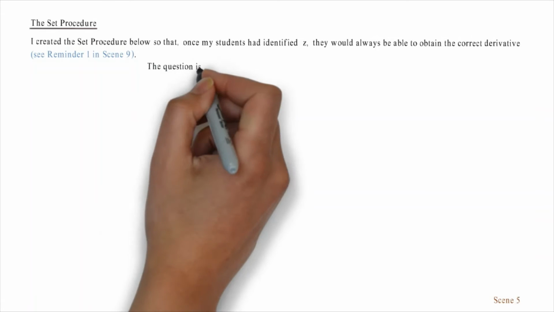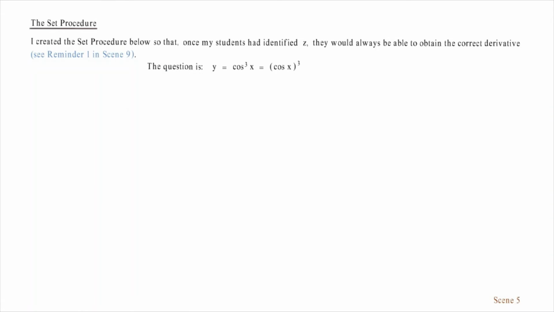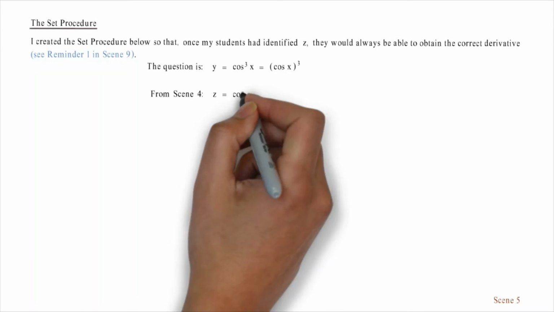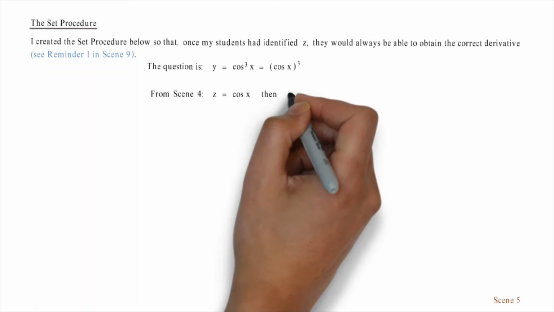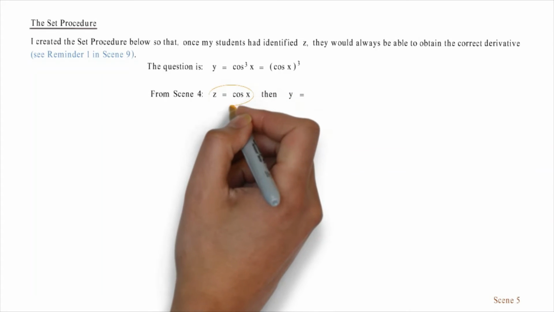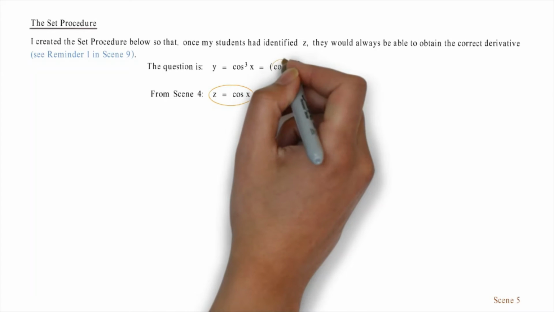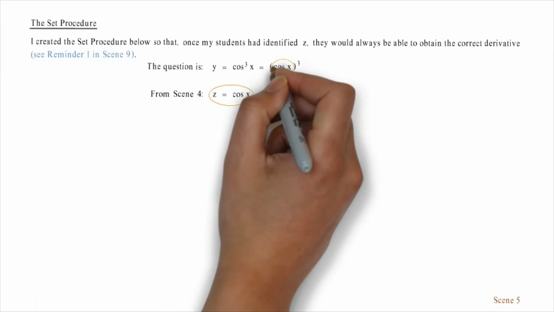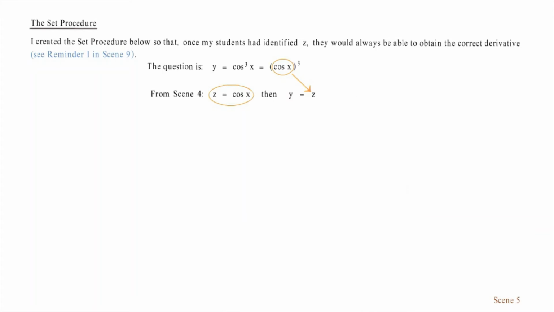The question is: from scene 4, z equals cos of x, then y equals, since z equals cos of x, all cubed becomes z cubed, so dz by dx equals the derivative of cos of x, which is minus sine